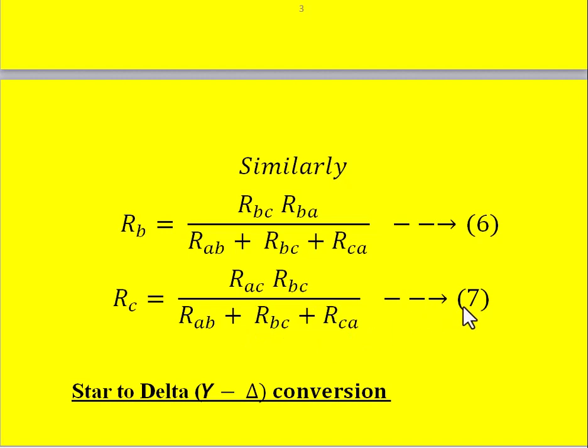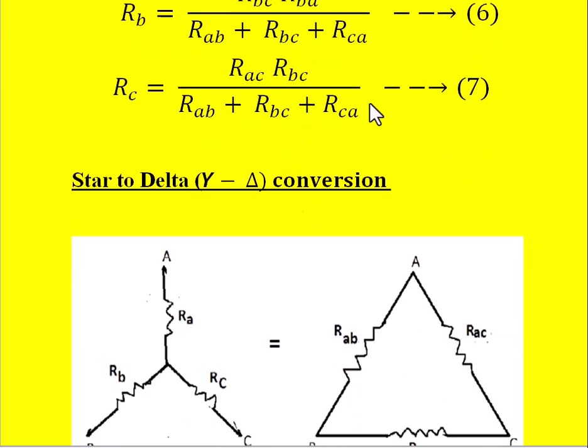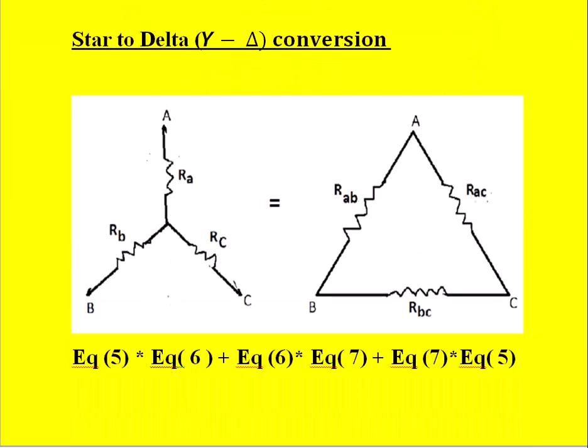So now let us derive. Suppose star values are known, delta values are not known, but we need to know what the delta value is in terms of the star values. Now let us see how to convert a star connected system into a delta connected system. So here star values of resistors are known, whereas delta connected resistor values are not known. To get those delta connected values in terms of the known values,